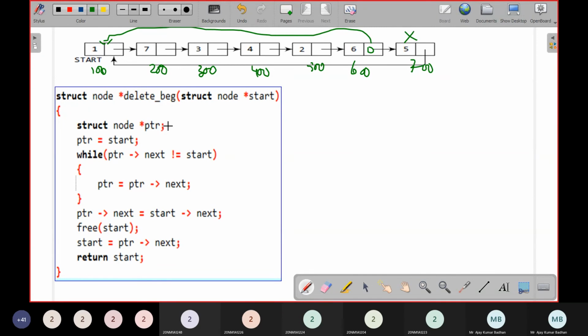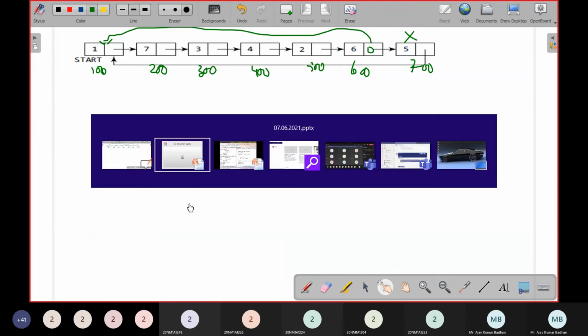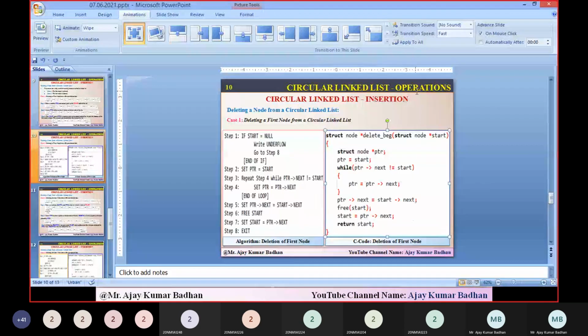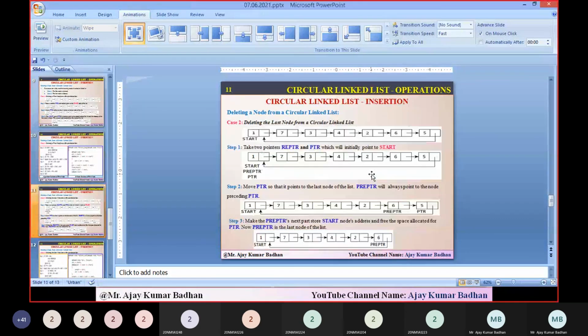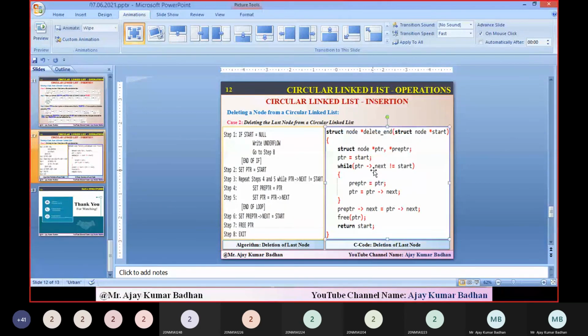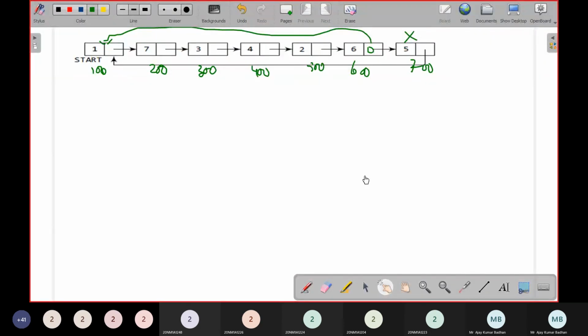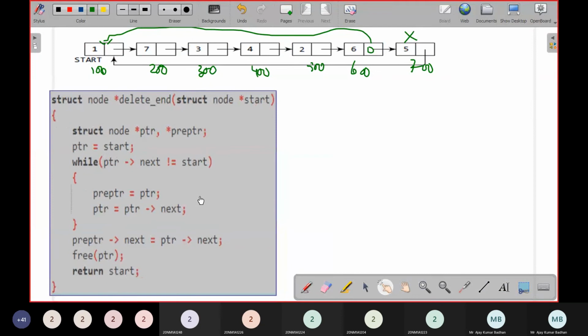So first for that, what I'm doing is actually, okay, sorry, this is the code for the beginning. We want it for the ending, right? Yeah, here is the code.